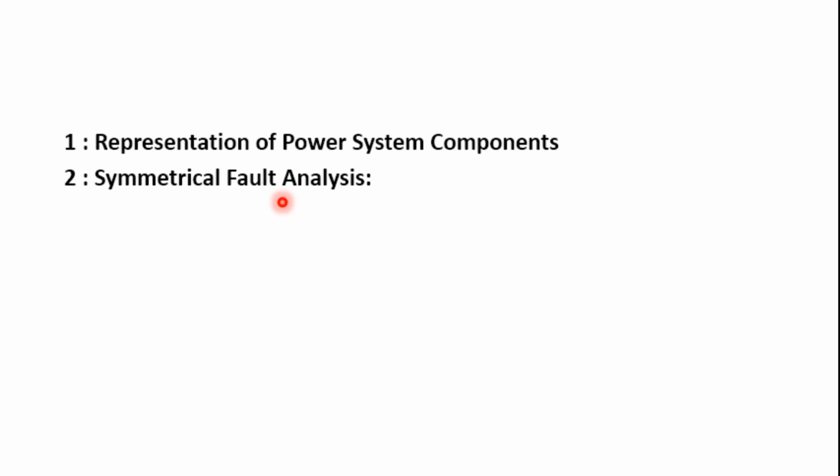So we have a different set of parameters, that is, conditions. It may be an object coming in contact with bare conductors, and sometimes there is a possibility of failure of the insulation because of thermal heating, and sometimes human switching operations result in some sort of errors. So these are all the things we are going to consider in symmetrical fault analysis.